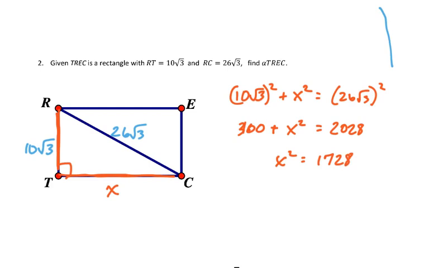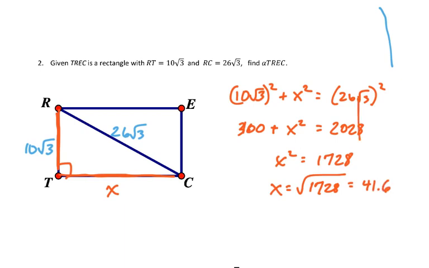So then finally, if we want to find X there, it's the square root of 1728. In this unit, it will be sufficient for you to provide a decimal approximation so long as you show your work. I want you to show your work throughout the process so that I know you're doing exactly what you're supposed to do. So the square root of 1728 is approximately